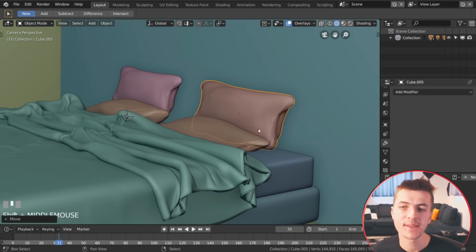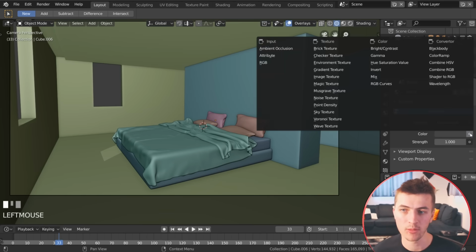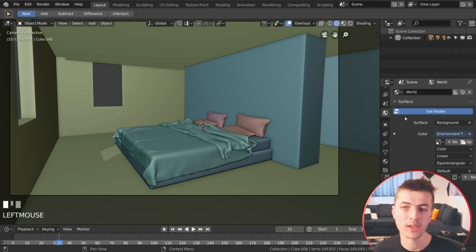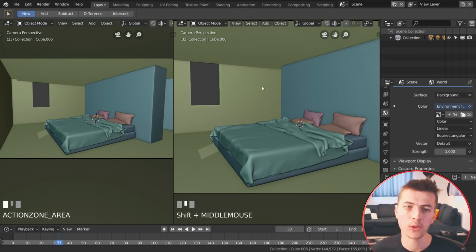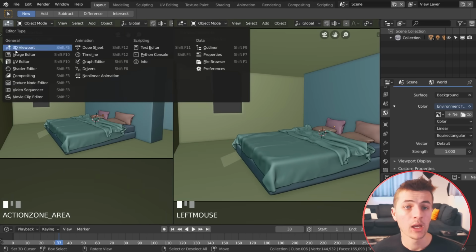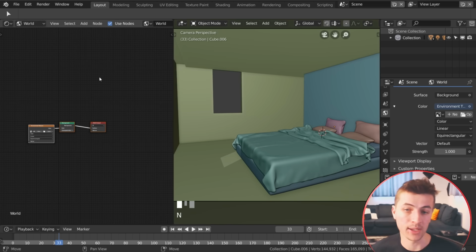So now that we have our main subject, I'm going to go over to our environment settings and start setting up some environment lighting. So I changed it to environment texture there in the environment settings, and then just opening up a new window here and switching to the shader editor, and then switching to the world settings up on top there. We can go ahead and open up an HDR